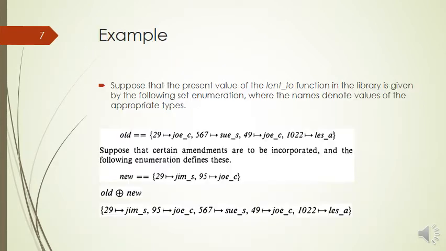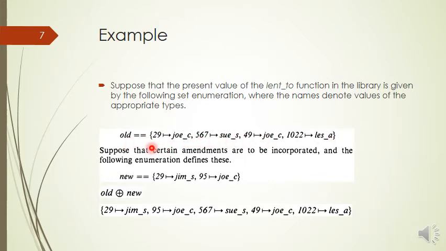Now consider a practical example from a library management system where a function variable old represents books issued to persons. In this way, function variable old is declared on the set of all possible functions from books to persons, and it contains 4 ordered pairs.